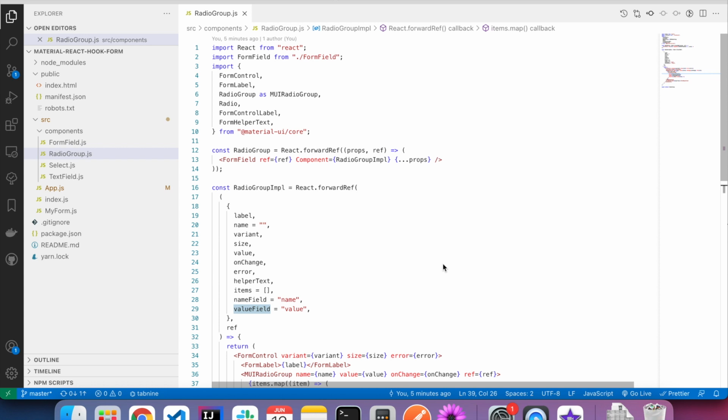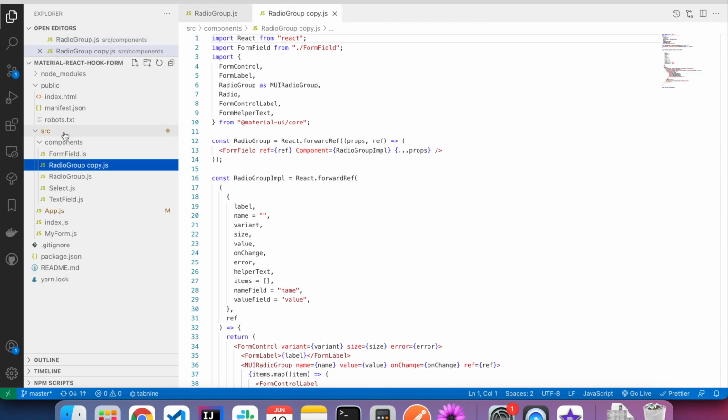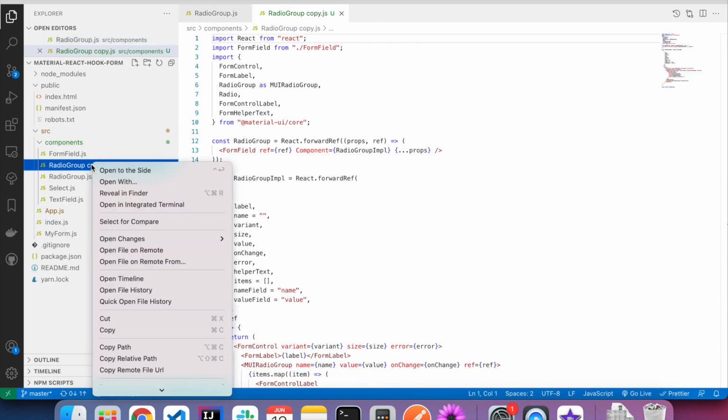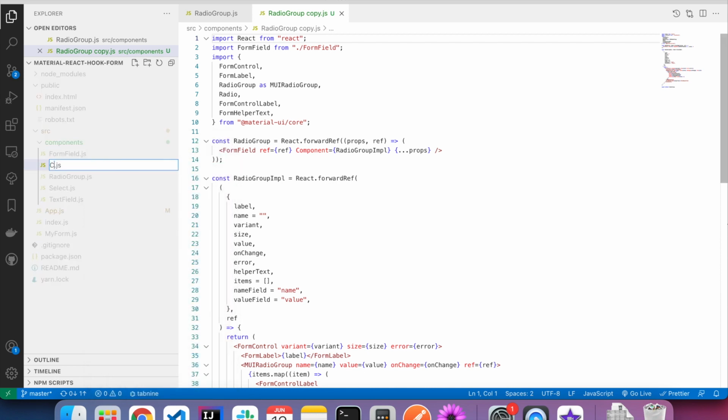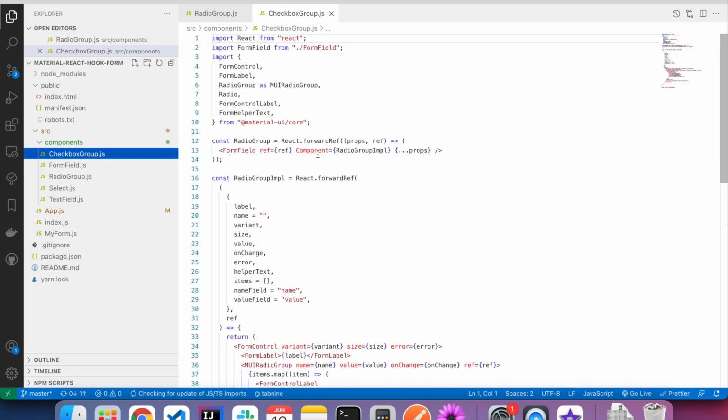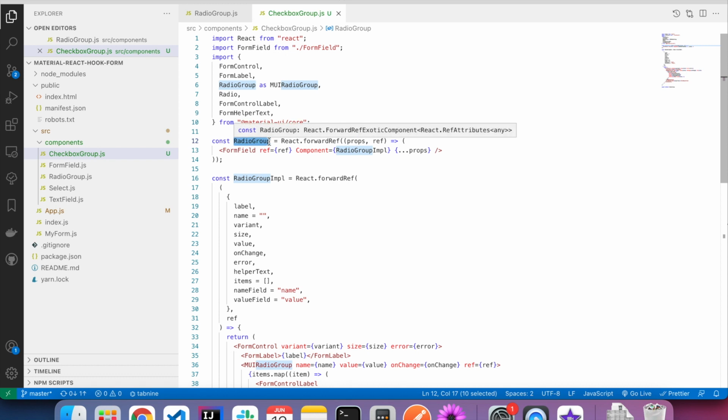Next, let's work on checkbox list. Checkbox list is a little tricky. Most of the things are like radio group only, but there will be some change in keeping the checkbox checked. So I'm just going to replace radio group by checkbox group.